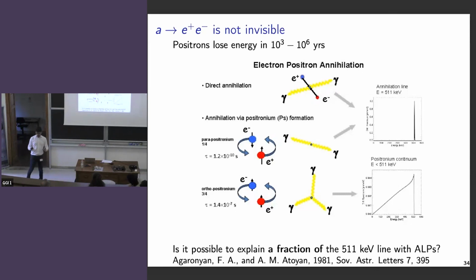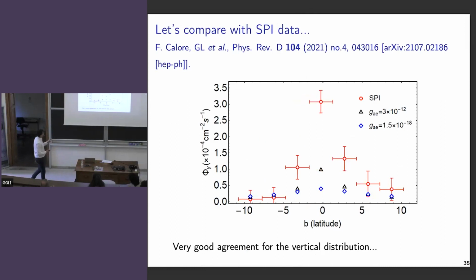There is still no clear explanation for the 511 keV line. So the question is, can we explain this with ALPs from supernovae? Actually, we have tried to answer this question exploiting the morphology of this signal. So we have compared the ALP-induced